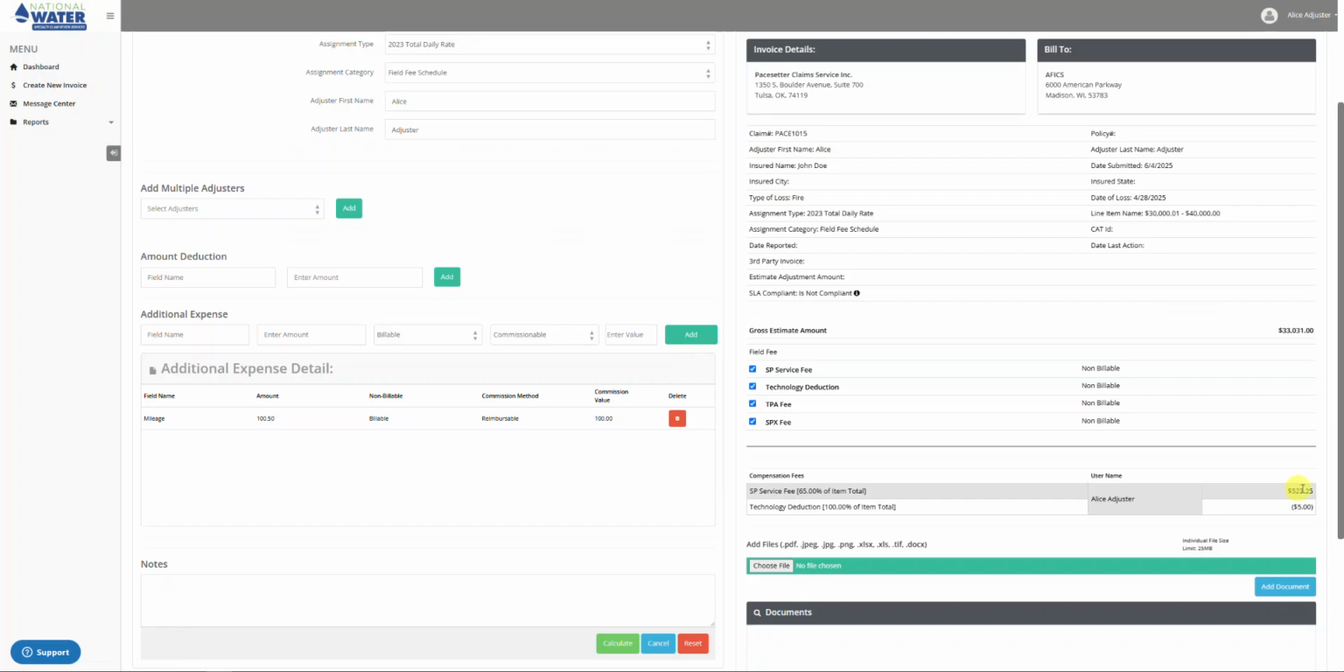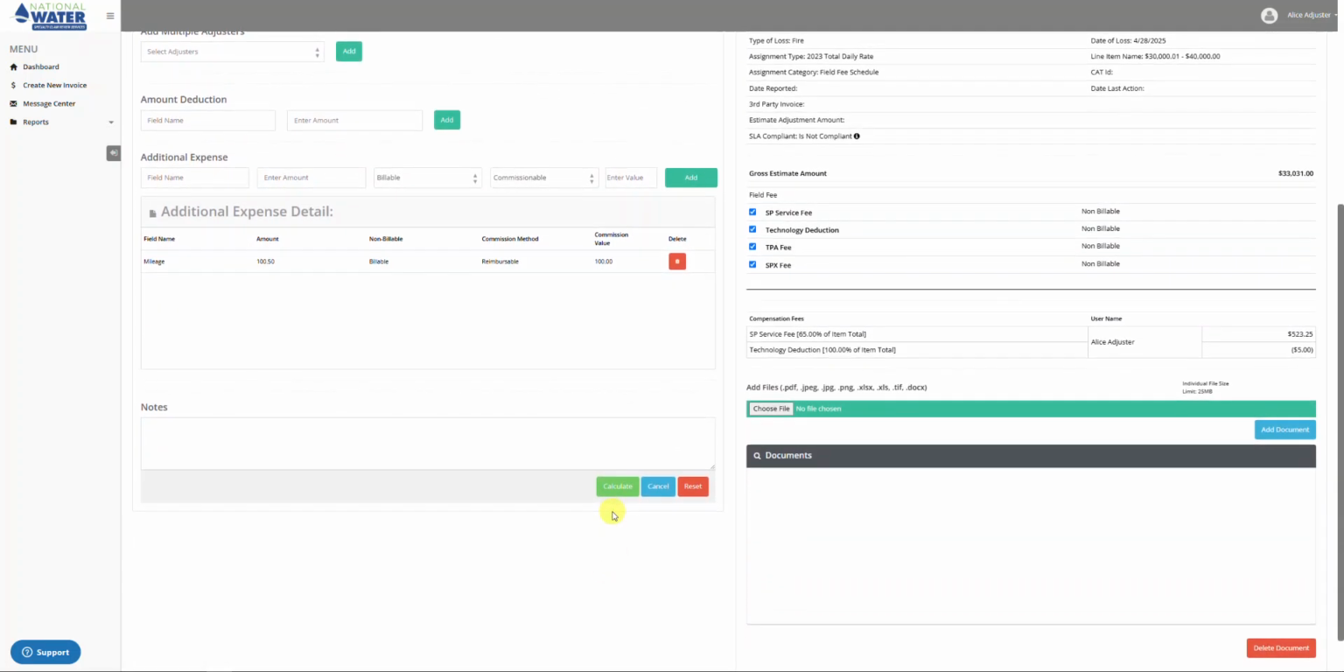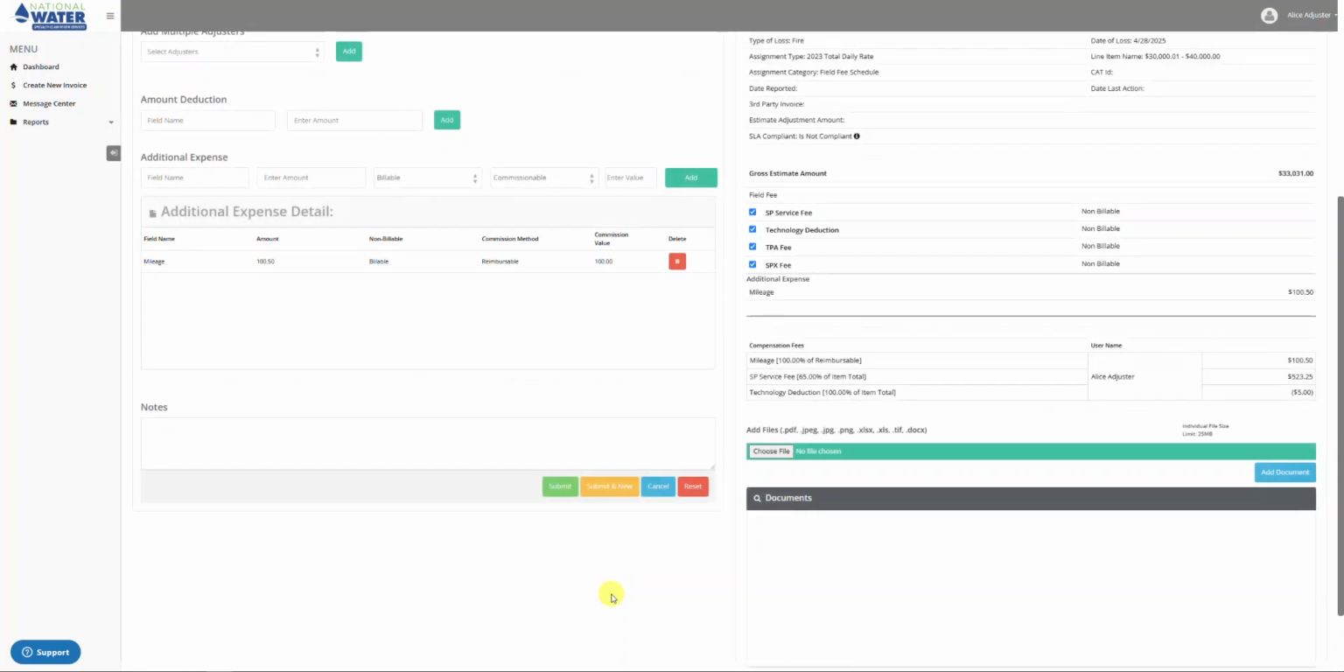To see this over here and be listed on the invoice to be paid, we would need to select the calculate button. However, before we do that, I want to go over a couple of quick things. If that's all you need to do and you don't need to put any notes or attach any documents, at this point right here, you can just calculate. Let's do that. Once we calculate, there's our mileage reimbursable,